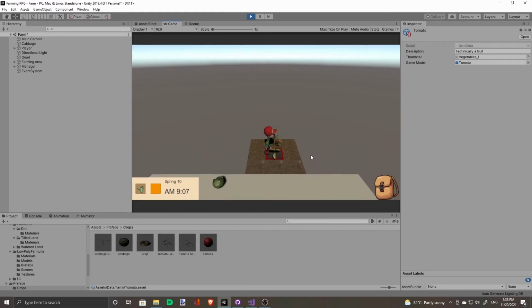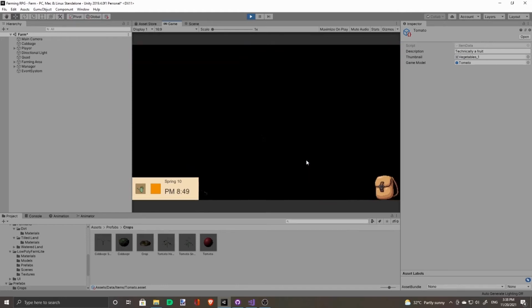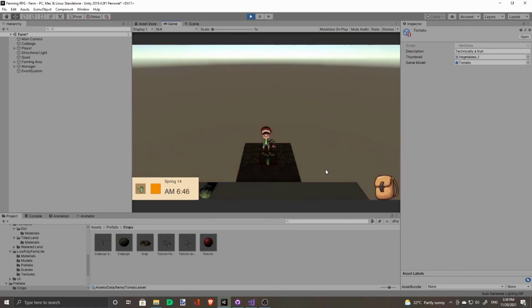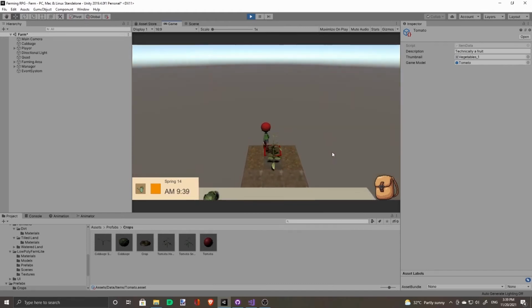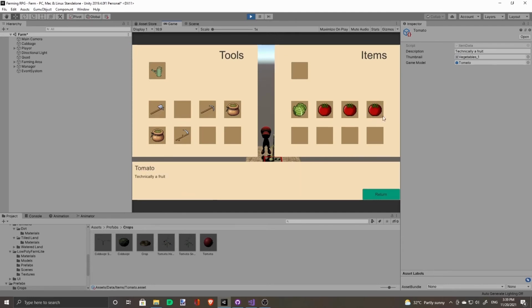There, grew into tomatoes, I can harvest it, keep it. And 3 days later, it bears fruit again, which I can harvest and keep. Now I can keep doing this and get as many tomatoes as I want.